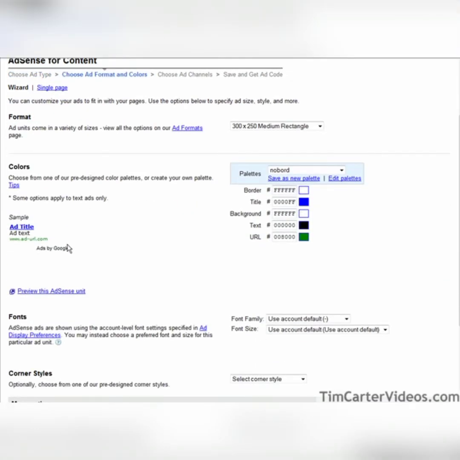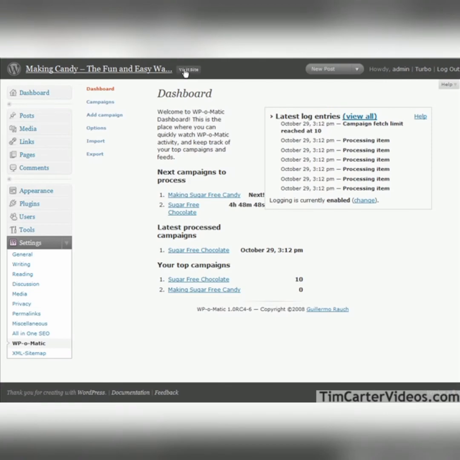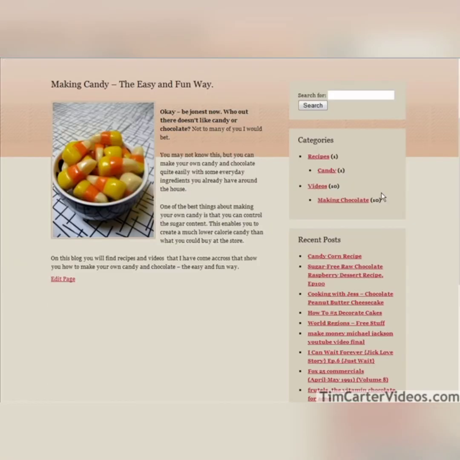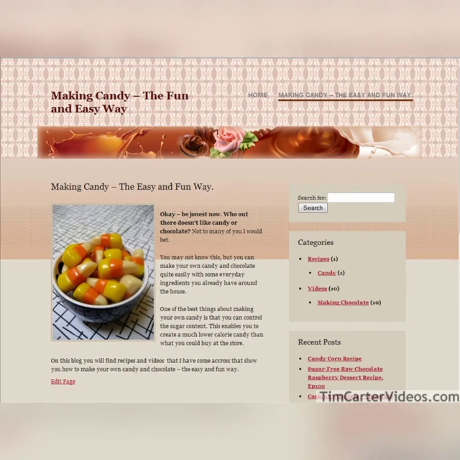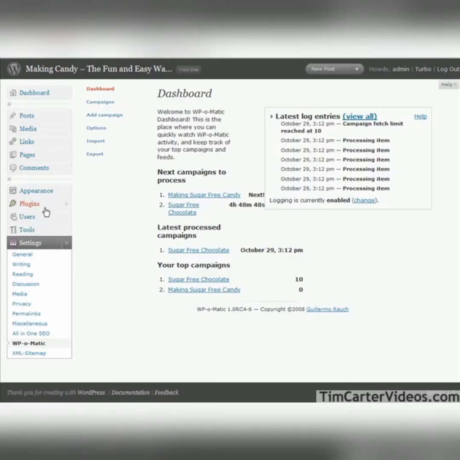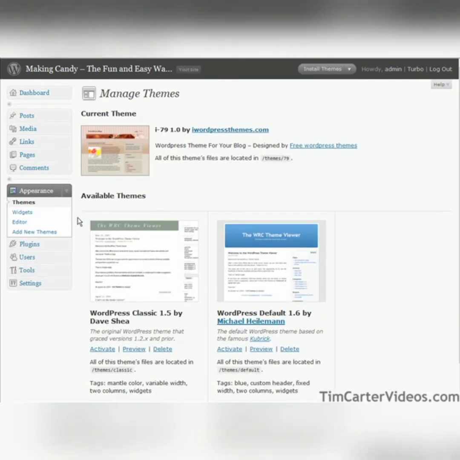Now colors, what we want to do is we want to try and blend our colors in the best that we can here. Okay, so let's go back to our blog. Let's bring it up here. Now first we're going to put an AdSense unit right in here. So what we want to do is get this background color here, and to do that we can go to the style sheet. So if we go to appearance and then we go to editor,